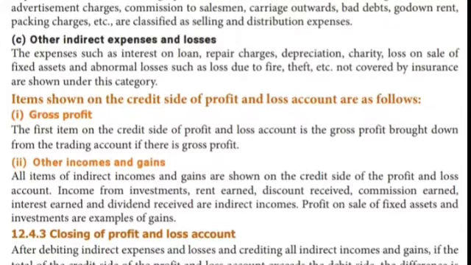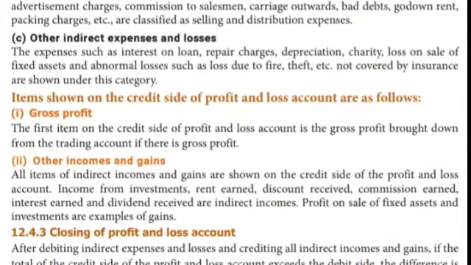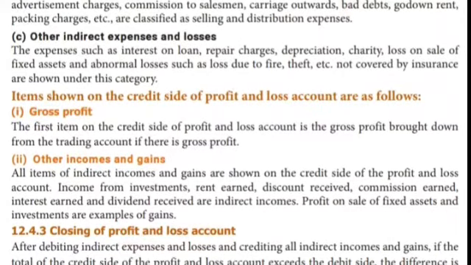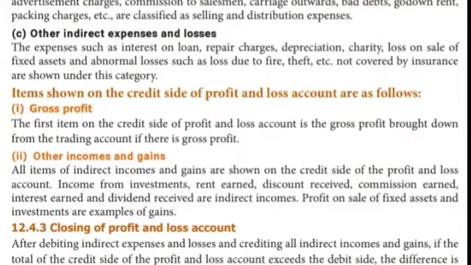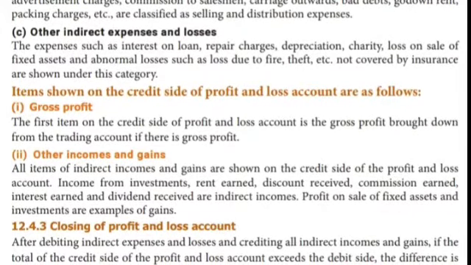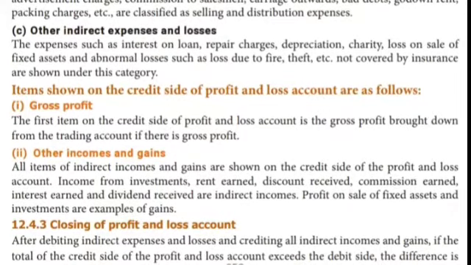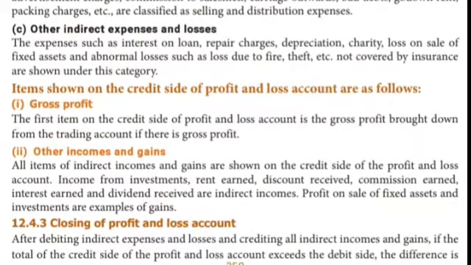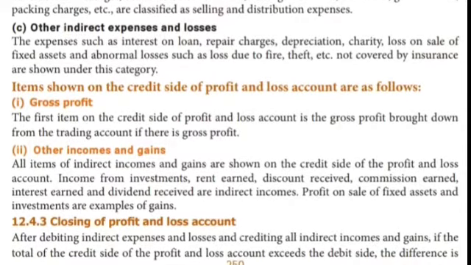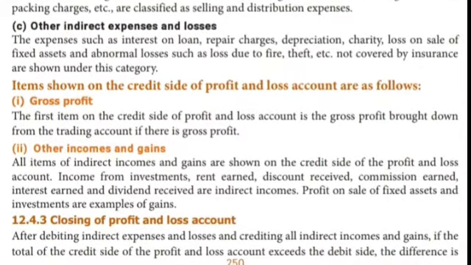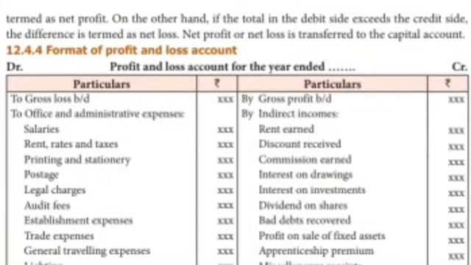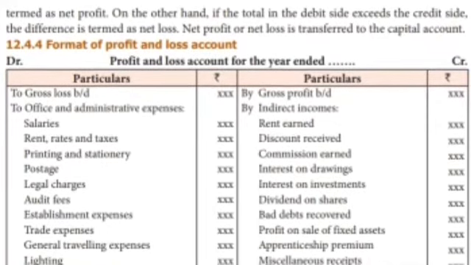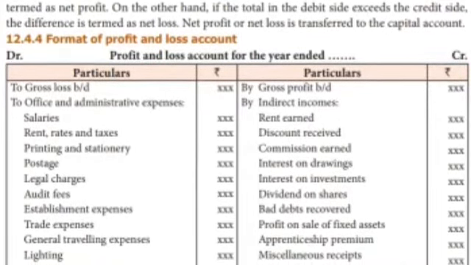Capital account. See here children, your textbook page number 251, format of P&L account. See here debit and credit. If you have any adjustment, we can put it in double columns. Here only the single column format is given. Profit and loss account for the year ended March 31st. Some year you have to write. See here children, this is the format. You have to write and send it to me. Please read the theory, then only you can understand that format, and also you should study this format.